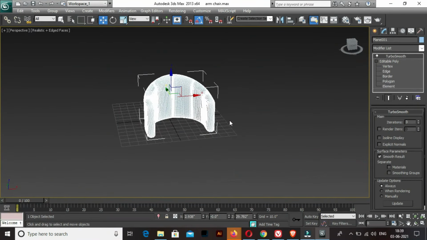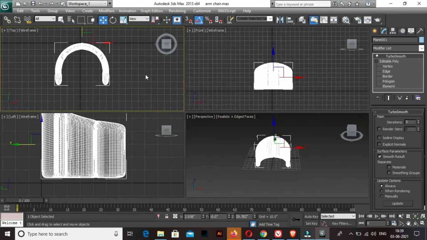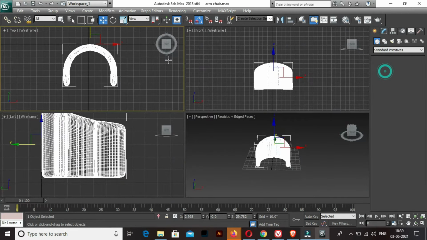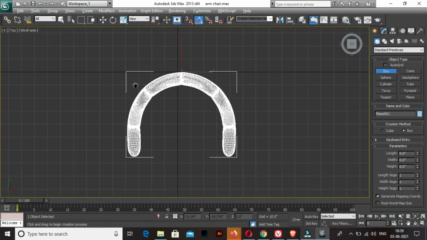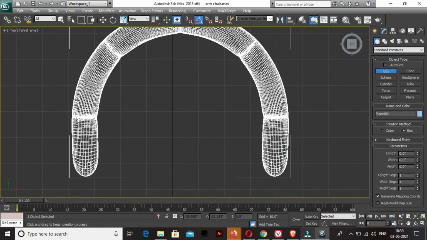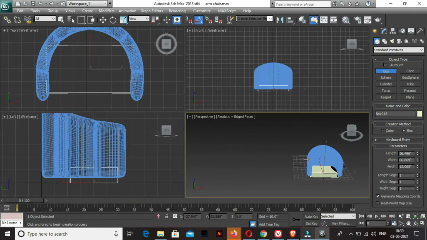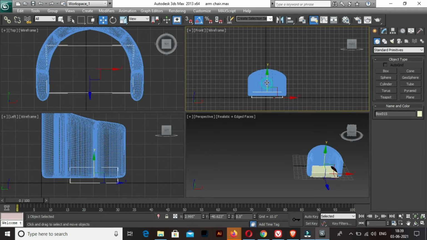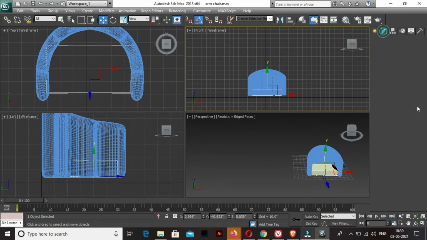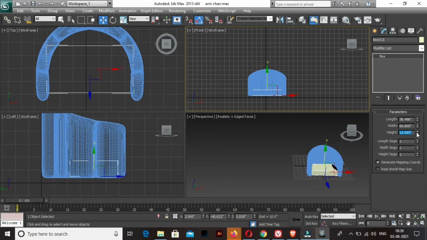So once it is done, now to create the setting, I'm going to create a box as per the size of this thing. So I'm going to make this box randomly, and so I'm just increasing this height. This much, 18 is good enough.